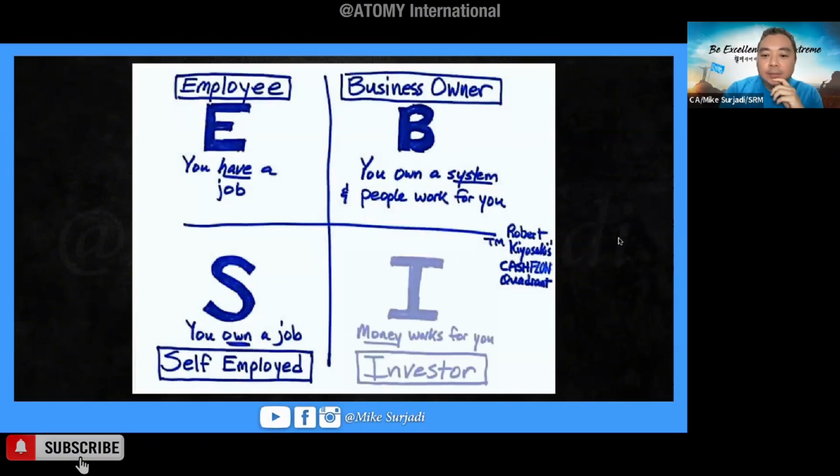And the last quadrant on the bottom right is I. It's for investor. It means you have capital to invest. So you are using money to work for you. For example, if you own real estate and it's paid off, it means there's no mortgage, so you're not taking a loan to make this money. You own it. So you invest in properties, and when you rent it out, you get the rental. You get the lease from the tenant.